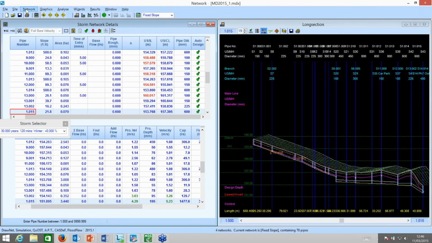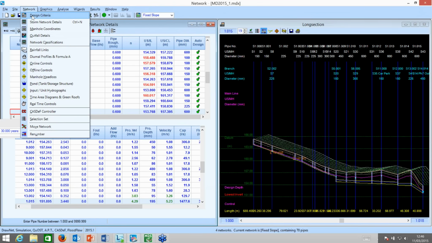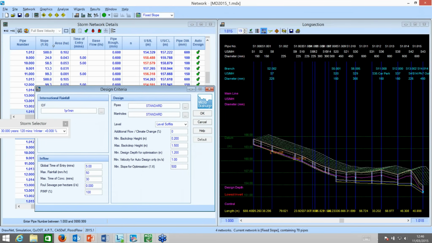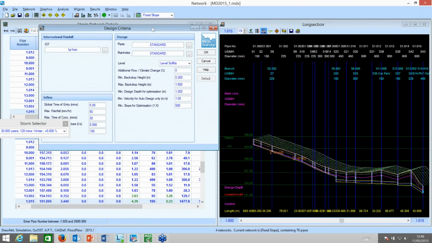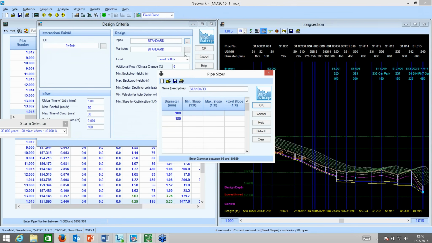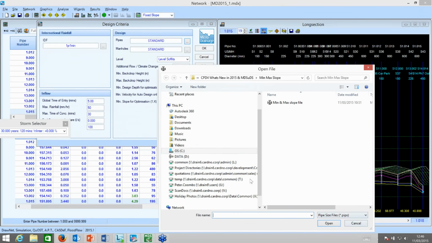If I go to the network information on this job and look at the design criteria, on the left-hand side you can see the storm network details, and you have a range of slopes based on various diameters of pipe, and you can see the long section on the right-hand side, which is complying with our 1.2 meter below ground level optimum depth. If I go to the design criteria now and click on the pipes, the little pipe size editor on the right-hand side, what we can do is we can change that standard pipe size to one with fixed pipes. So if I go to my desktop,